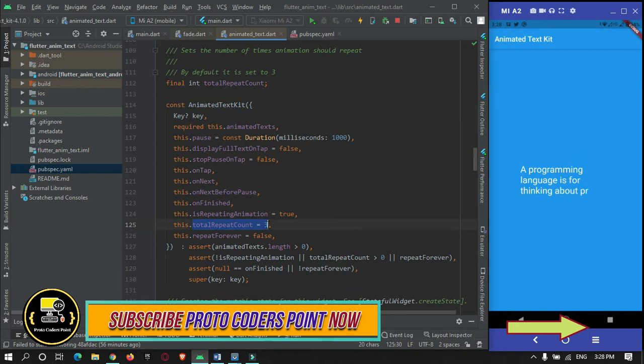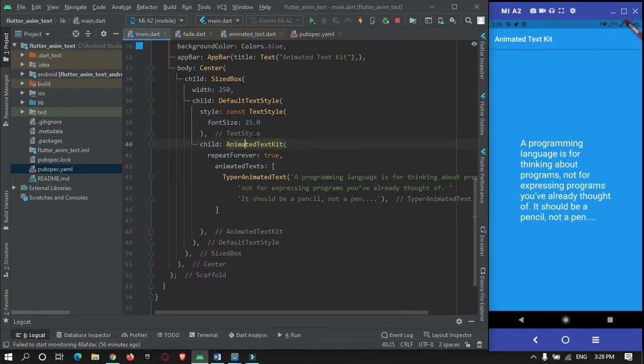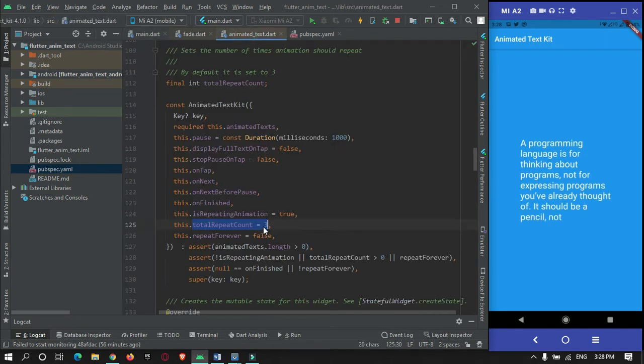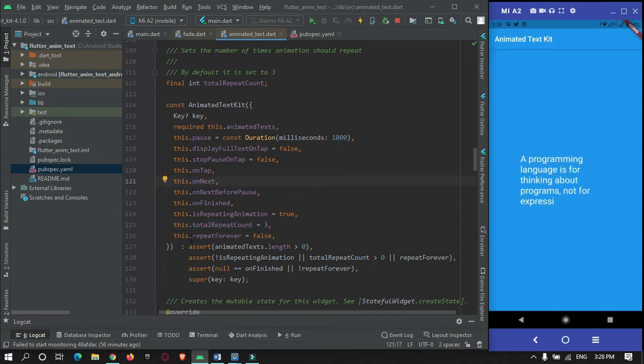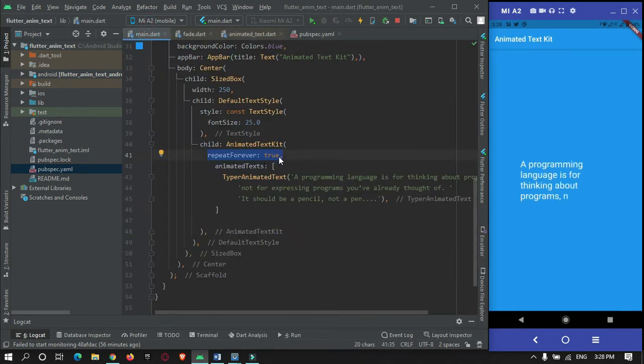This is the default repetition, meaning if you don't provide any properties yourself, it will repeat 3 times. As you can see, repeat forever is false by default. In my code, I am making it true so that the animation keeps on repeating.